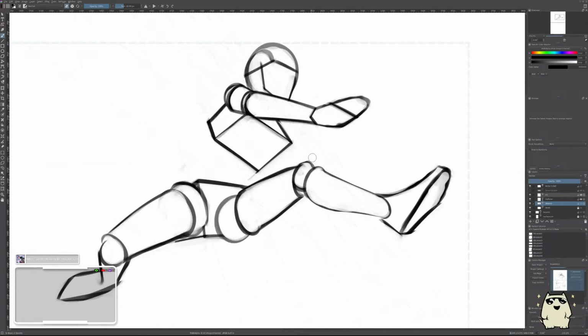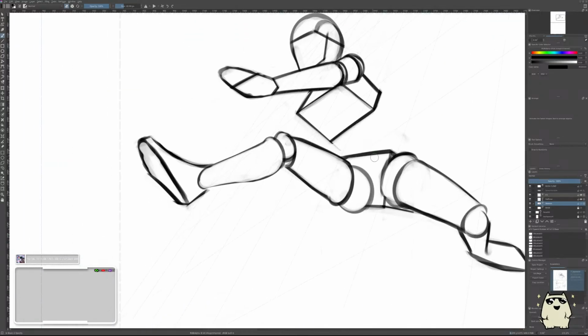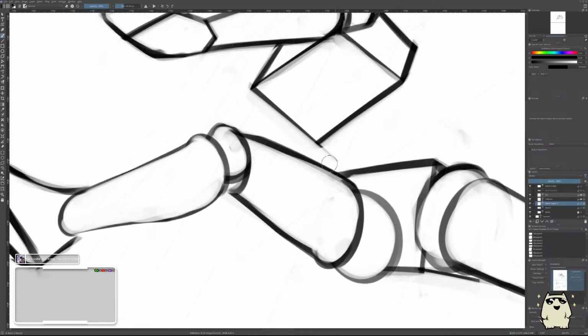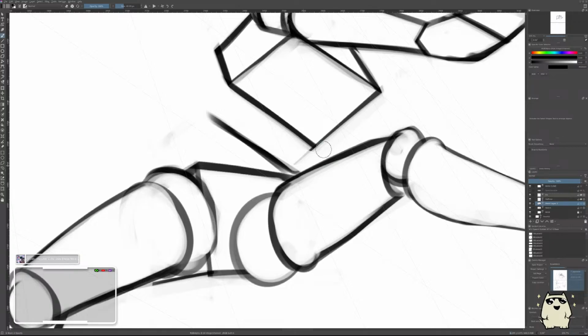So even with some crazy foreshortening going on here, let's see if we can fix this without being distracted by the reference. So we might have to put it down to like here, which is crazy, I know, but